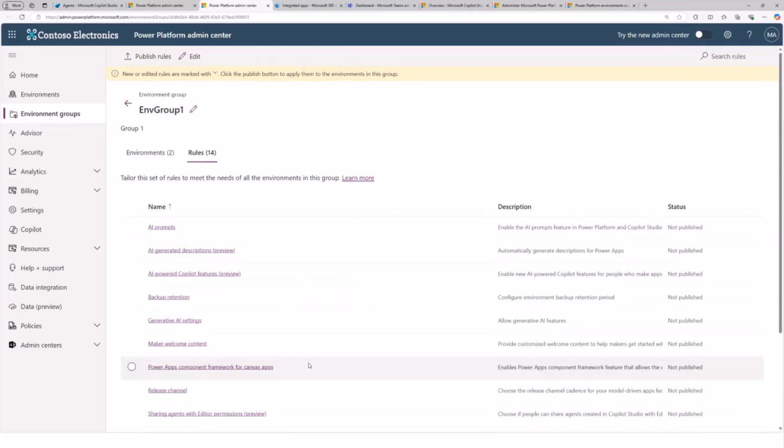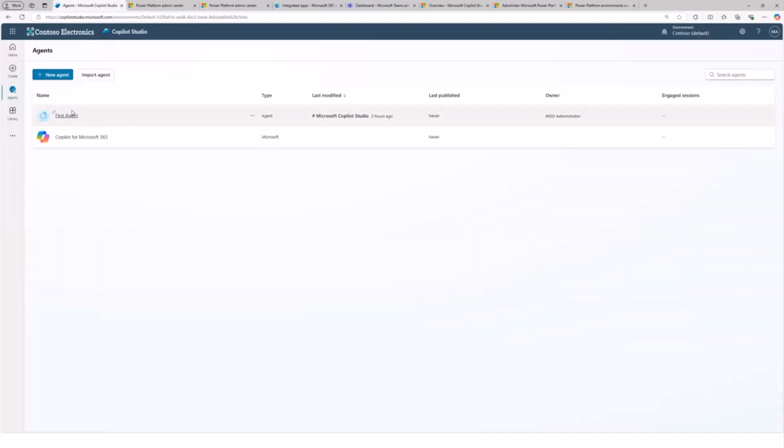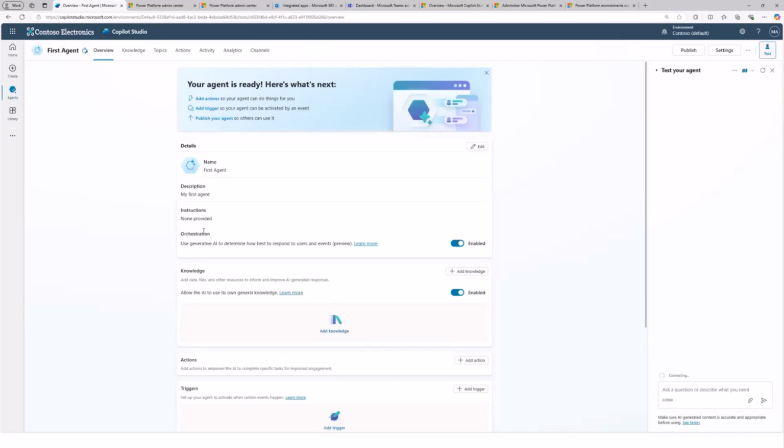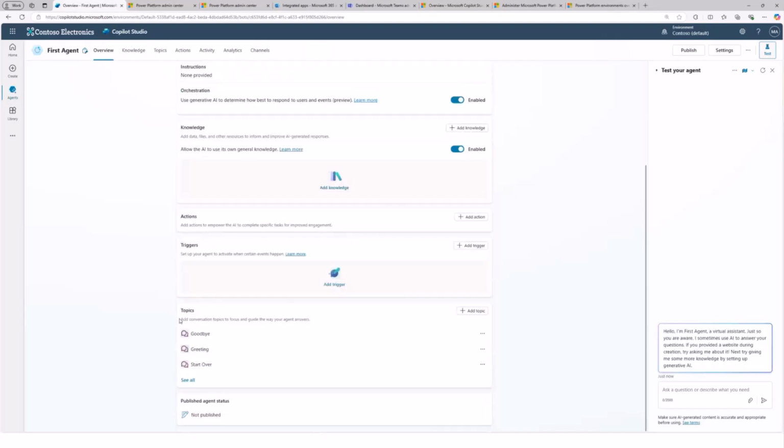Right? So now if a maker comes and says, hey, but I'm building this, I needed more than 30 people. How do you do that, right? So typically in that case, what happens is, let's say I've built this agent here, right? And once you publish that agent, you're restricting the number of people that you can share it with here, right?